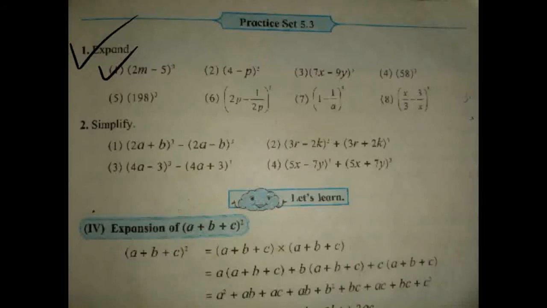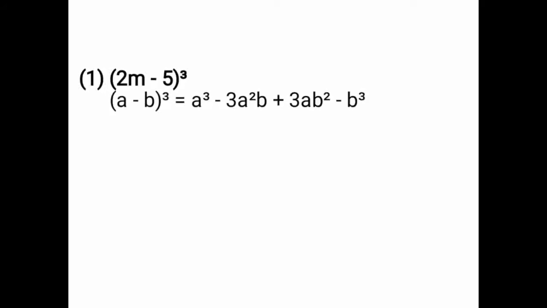First write the formula of (a minus b) the whole cube. (a minus b) the whole cube is equal to a cube minus 3a square b plus 3ab square minus b cube. This formula is almost similar to (a plus b) the whole cube which we studied in practice set 5.2. In the (a minus b) the whole cube formula the difference is only that the first one and the last one will come with minus, and in between plus is there. The formula is the same as (a plus b) the whole cube, but in this practice set you have to expand the formula (a minus b) the whole cube.